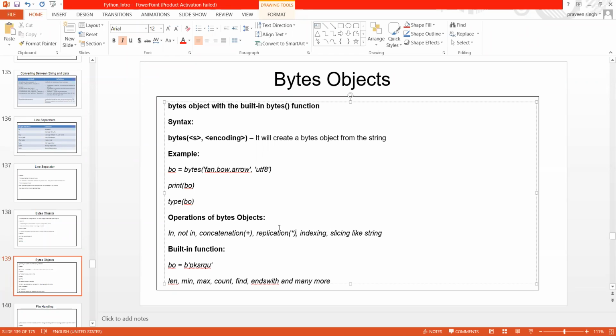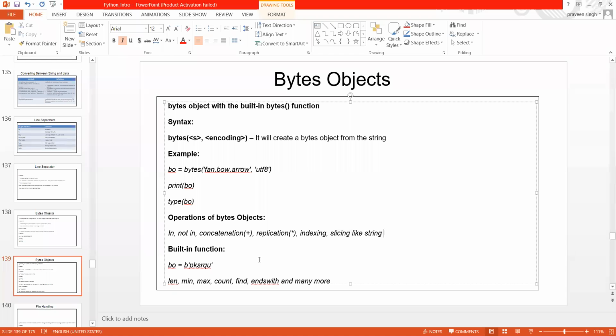So these are all operations that can be performed. Even indexing and slicing are operations we learned during strings. These operations, which are exactly similar to strings, we can use on a bytes object as well.